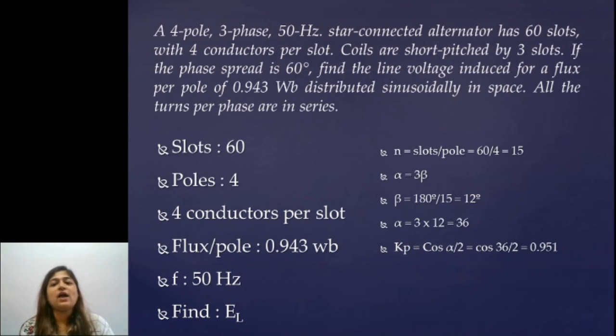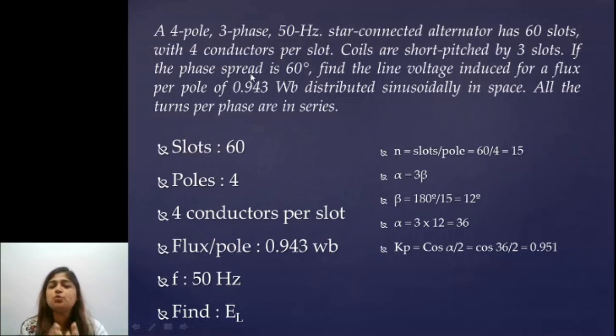Now in this problem, there is one piece of data which is given, and you might be thinking why ma'am has not considered that particular data. All the data which was given was self-sufficient and we could solve this problem easily. But one more thing which is given here is phase spread, which is 60 degrees. Now what is this phase spread and why is it given? Sometimes if phase spread is given and some other data is not given, you can utilize this value to get the value of beta. But here we could also get the value of beta from 180 by n, so we simply calculate it by that. But if phase spread is given, what is phase spread? Phase spread is m beta.